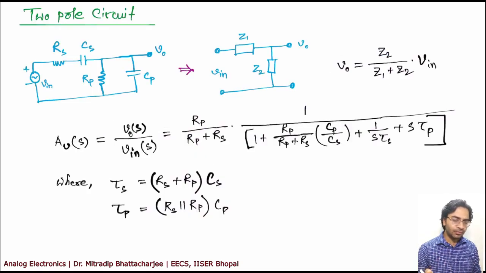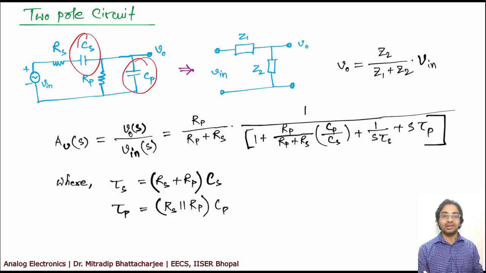So let us see some examples. Previously I have shown you a one pole circuit. Let us bring in a two pole circuit. Previously, if you remember, you had only one capacitance. Each capacitance gives you one pole. So for a two pole circuit, how many capacitances do you need? You need two capacitances. Each time constant is associated with one pole. This is the rule. So in this case you have two time constants because you have two RCs, so you will have two poles.